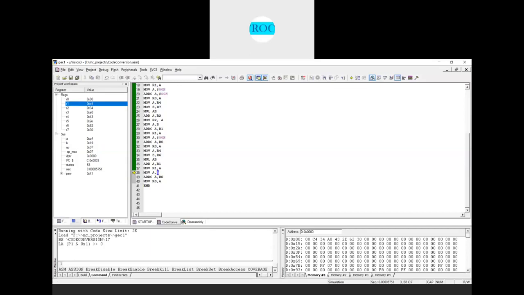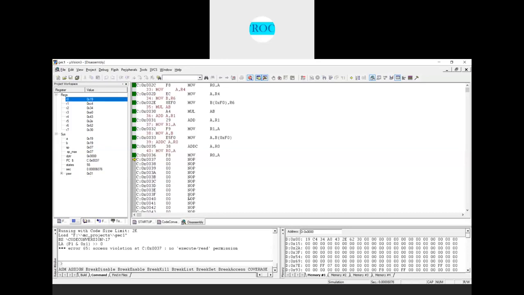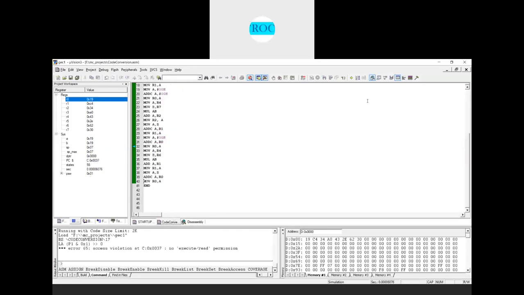Next, the higher byte that we have I will move into the accumulator. So the accumulator is having 19, and the intermediate result we had is in R0. Because of the previous byte addition, if there is any carry, that also needs to be considered, right? So the higher byte 19 is added with the intermediate result stored in R0 plus the carry bit, and that will be stored in the accumulator. That result is moved into the R0 register.